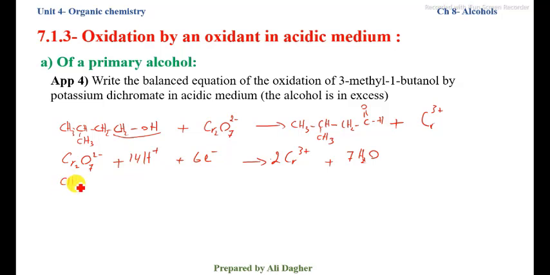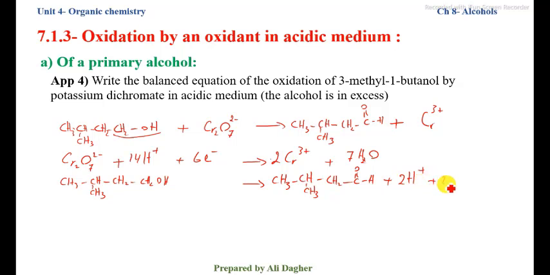Second half reaction, alcohol CH3, CH, CH3, CH2, CH2OH gives CH3, CH, CH3, CH2, C double bond O, single bond H. Balance of hydrogen: same number of carbons, carbon chain is conserved. 3, 6, 7, 9, 10, 12 in reactant. In product, 3, 6, 7, 10. We add 2 H+ to have 12 hydrogen in product. Charge in reactant 0, in product 2 plus, we add 2 electrons. We have 6 electrons in reactant, 2 electrons in product. Multiply the second half reaction by 3 to have the same number of electrons, and the sum